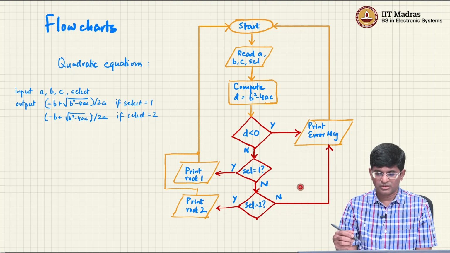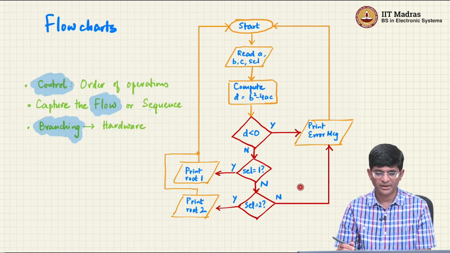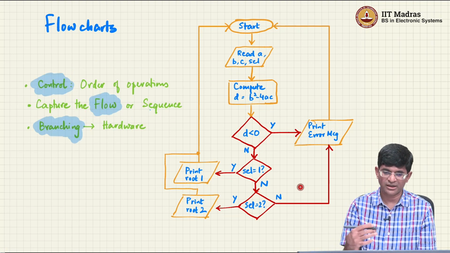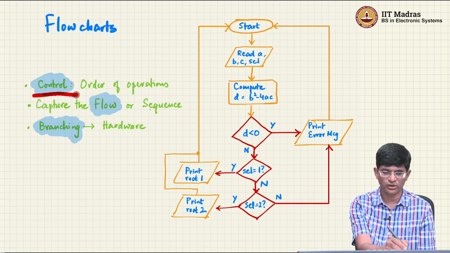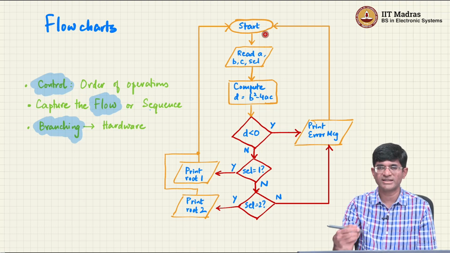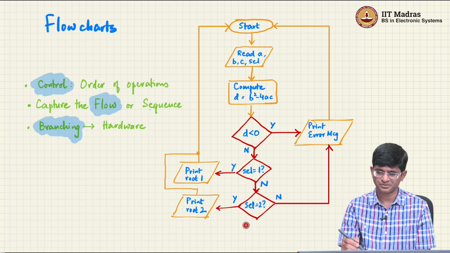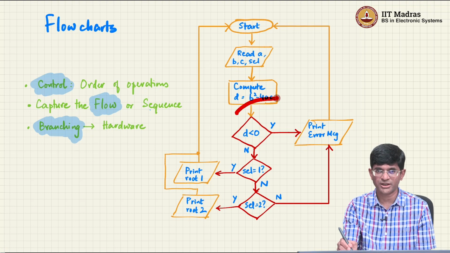So this in other words gives us a possible way of running through all the steps required in order to solve this problem, right. And as you can see, there are a few terms that we can identify and observe here, right. One of them is this notion of control. Control basically says what is the sequence in which operations need to be performed. First I need to start, then I need to get my inputs,